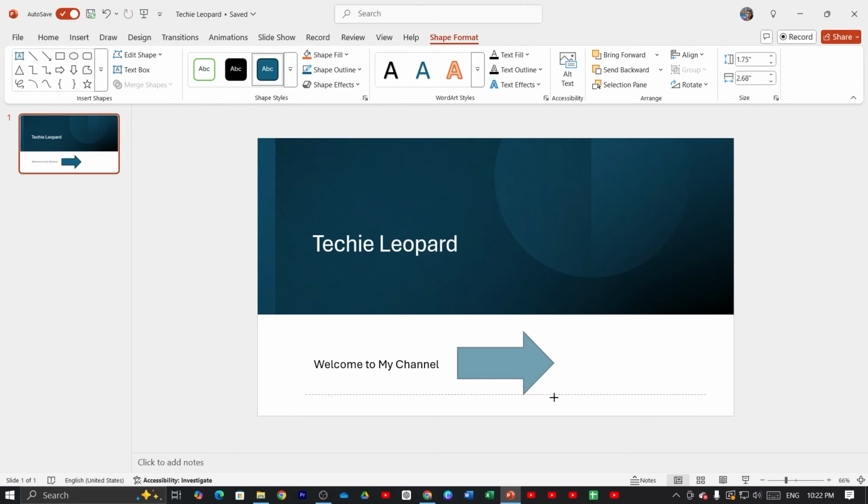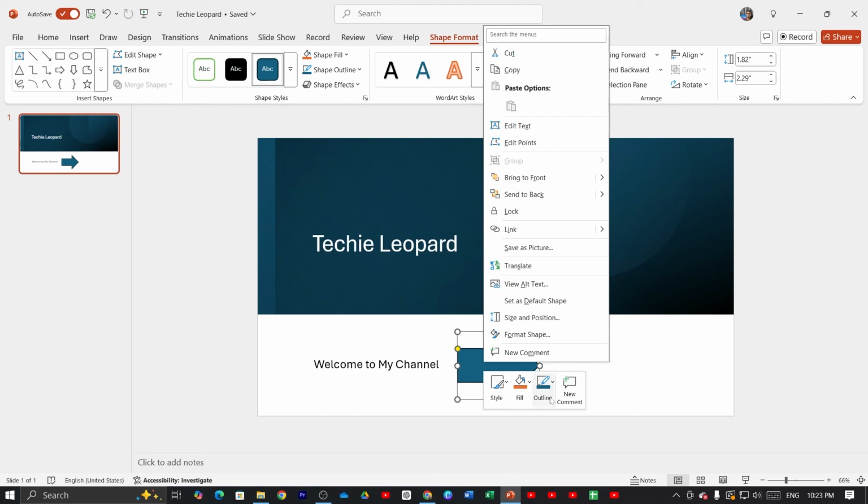You can also resize your shape size from here. You have to just put the cursor here and then left click on mouse and it's done. Now if you right click on mouse, you can also customize your shape from here. And that is how you can create a